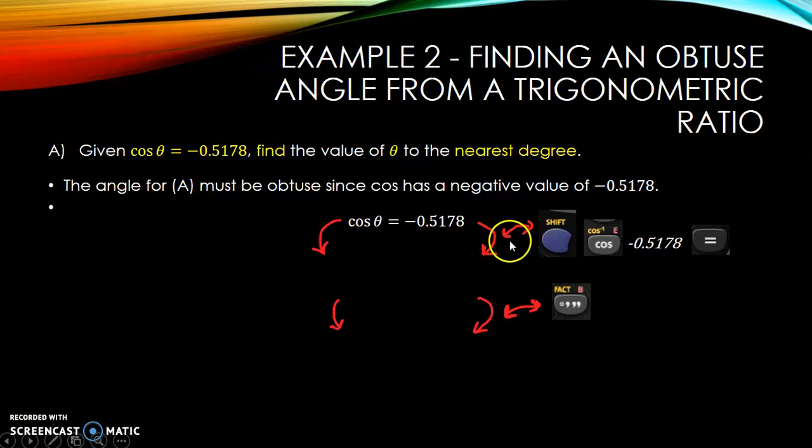So, solving for A, cos theta equals negative 0.5178. To get from this line to our next line, we have to take the inverse of cos to both sides. So the way we do that is by pressing Shift, cos, typing in negative 0.5178, and then pressing equals on our calculator. When we do that, we'll get theta equals